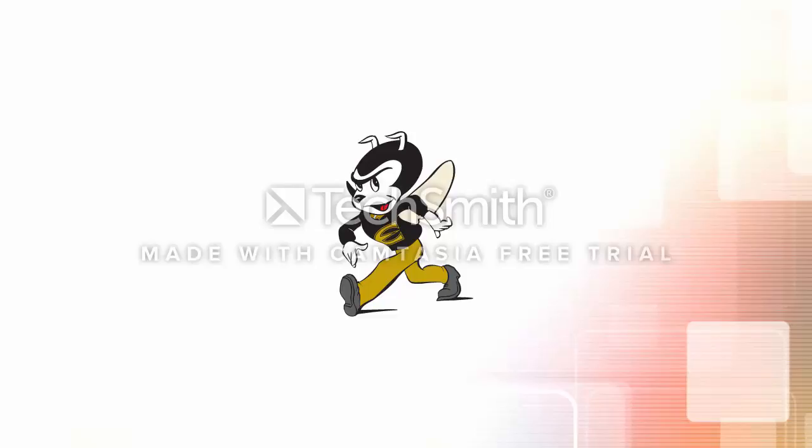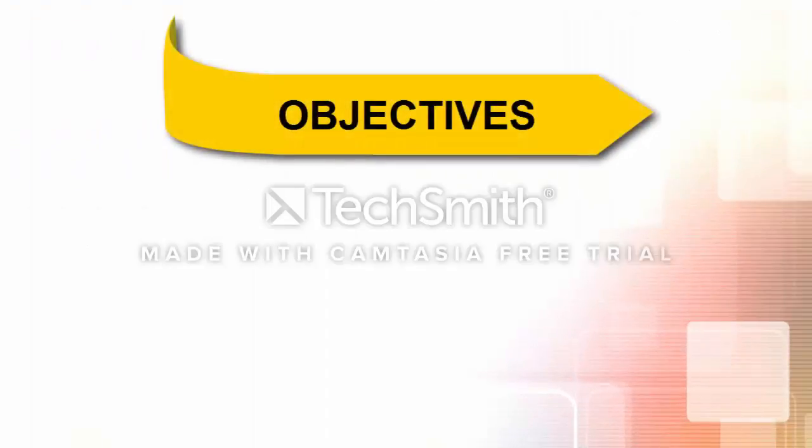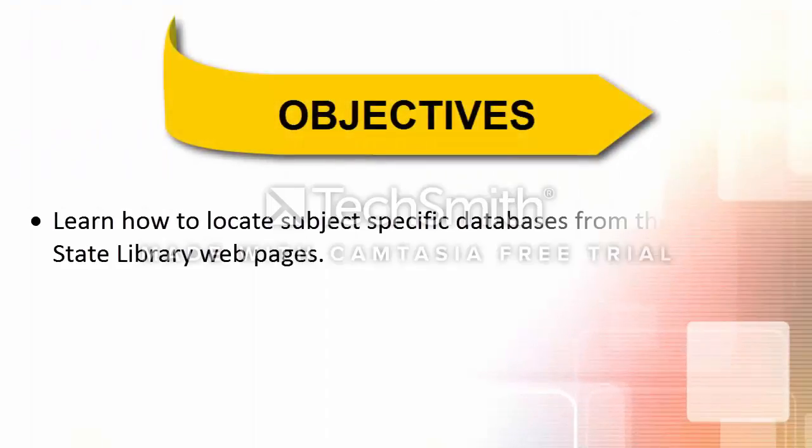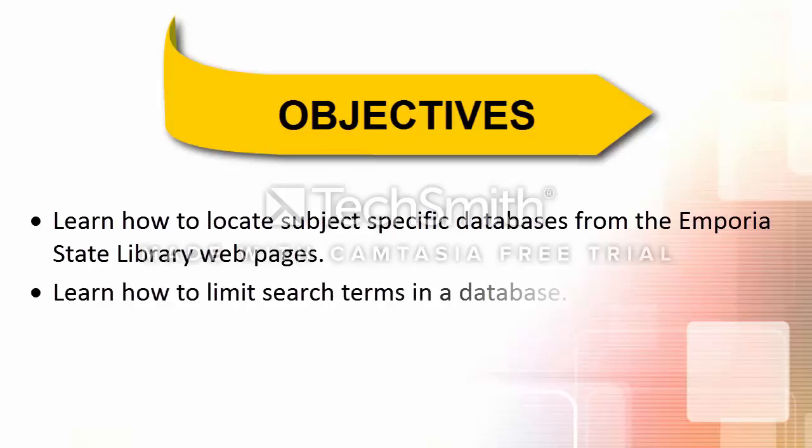This video guide is meant to help patrons quickly access on-demand articles of interest whether they are on campus or at home. The objectives of this tutorial are to learn how to locate subject-specific databases from the Emporia State Library web pages, and to learn how to limit search terms in a database, and to learn how to retrieve an